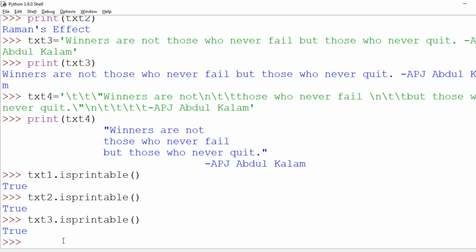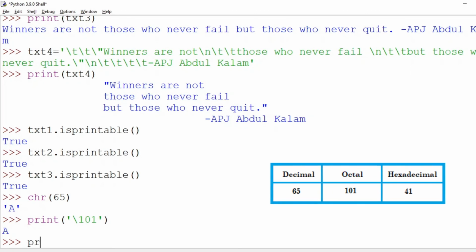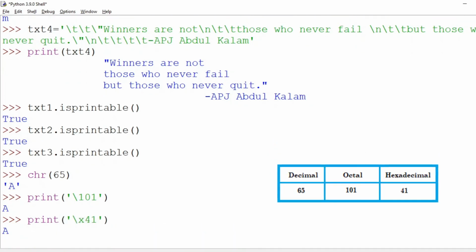We know that chr function returns the character of a given decimal value, that is chr(65) will return capital A. To print a character of a given octal value, use \ followed by the octal number. Example, print \101 will print A. In the same way, to print the character of a given hexadecimal value, use \x and the hexadecimal number.